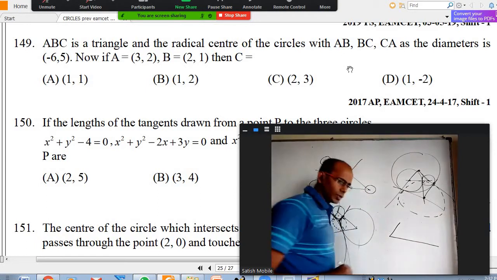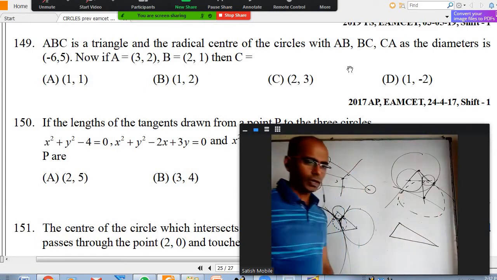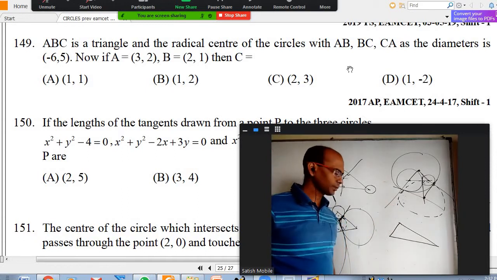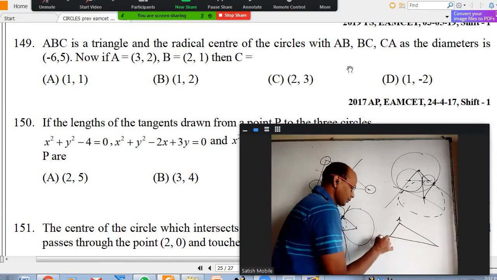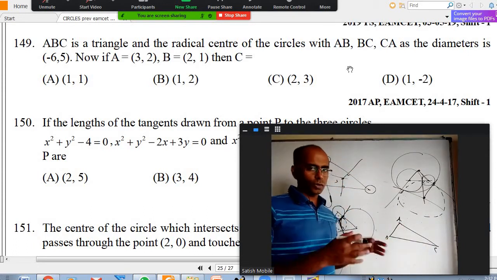All of you try to do one thing. Just randomly draw one triangle. Randomly draw one scalene triangle, not a right angle triangle. This is ABC. Take these two as ends of diameter, you'll get one circle, draw that.